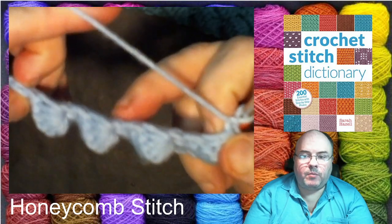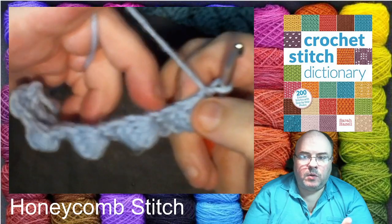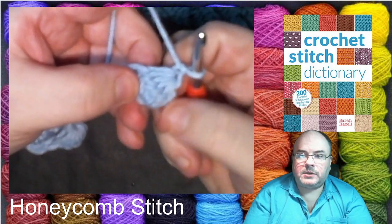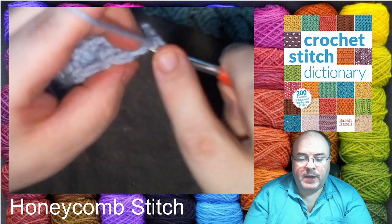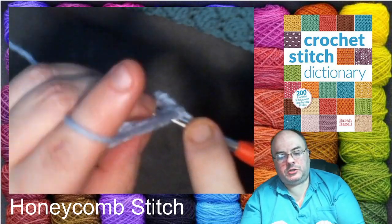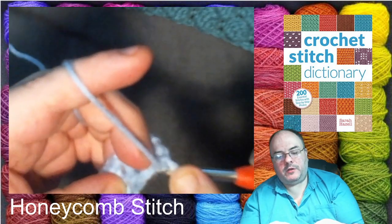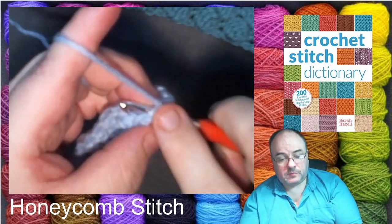So this row that we're going to work now, anytime you see the bobbles towards you, you're only going to do single crochets. But the key thing is, your first one, you're going to work on the top of this bobble. So I have a bobble here, and you're going to go in under that first, there'll actually be, you know how a crochet stitch, the top of it is a V? You're going to go under the very first 2 strands that form that V of your bobble,